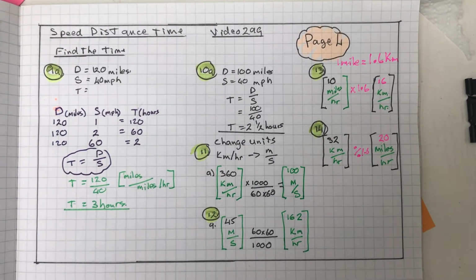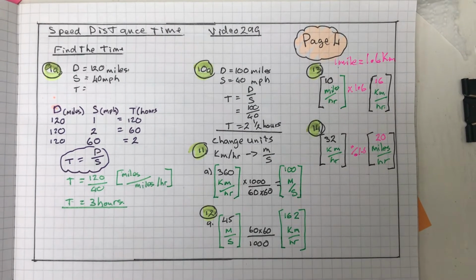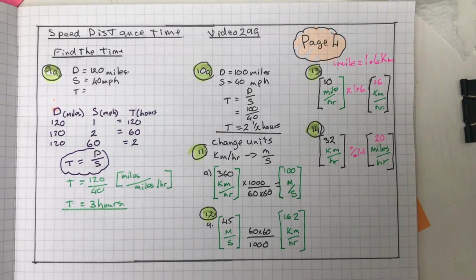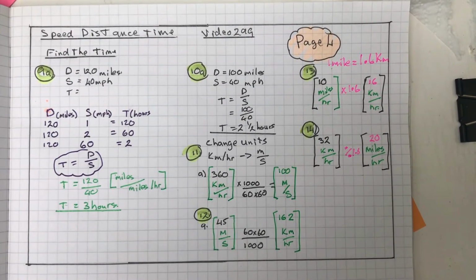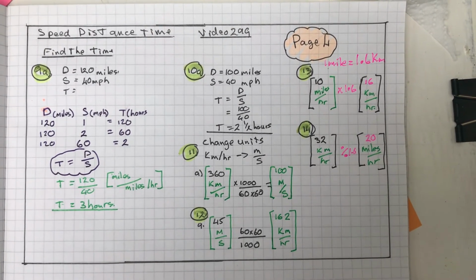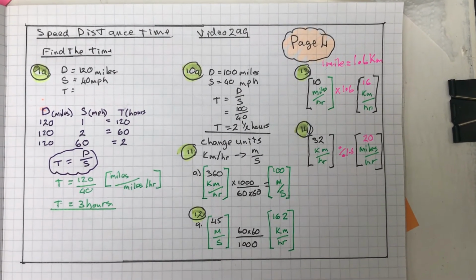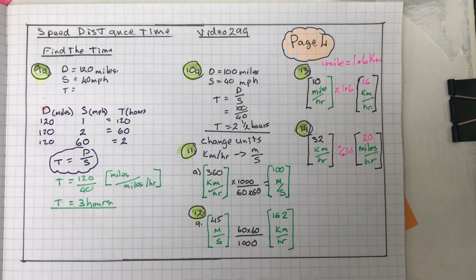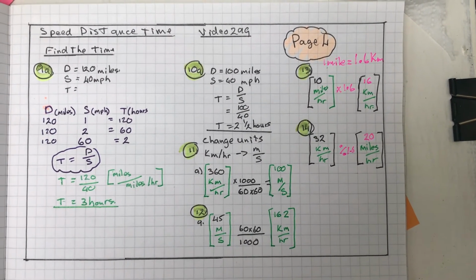But I want to know how many meters I would travel in 1 second. So how many seconds in an hour? Well, there's 60 minutes in an hour, and each minute's got 60 seconds. So if I divide by 60 twice, I will convert hours to seconds. So if I do 360 times 1,000 divided by 60 times 60, I end up with an answer of 100